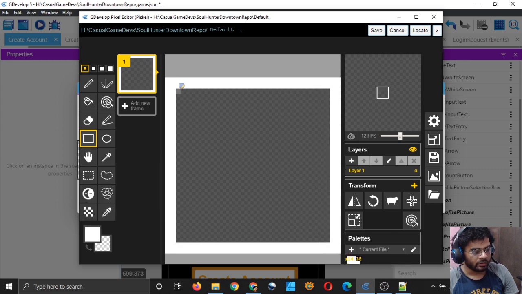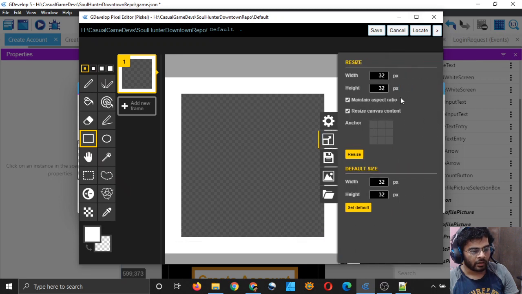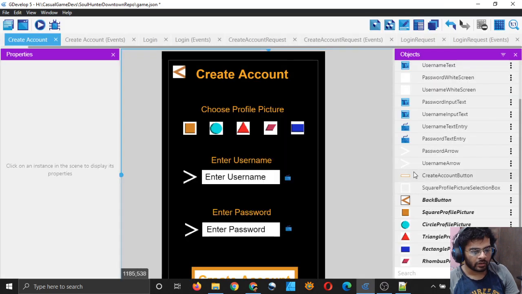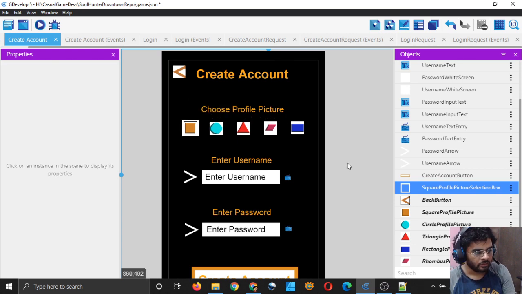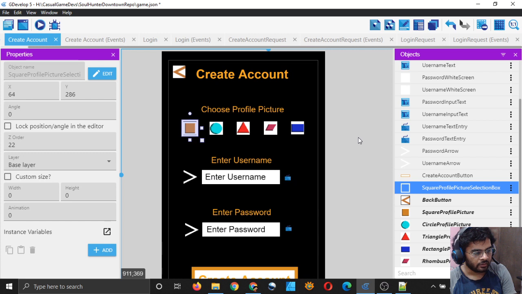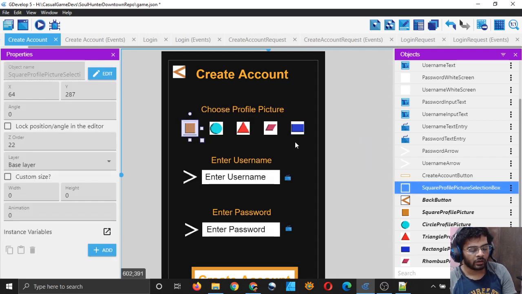I will add one layer. I will add one more and I will resize it to not 70, I think 80 cross 80. Resize and save and apply and go here, and now this looks much better, right? This can comfortably signify which one the player has chosen, right?